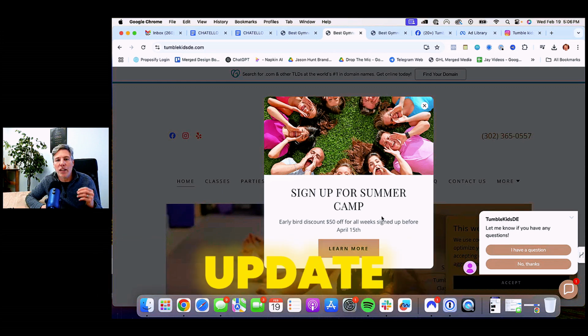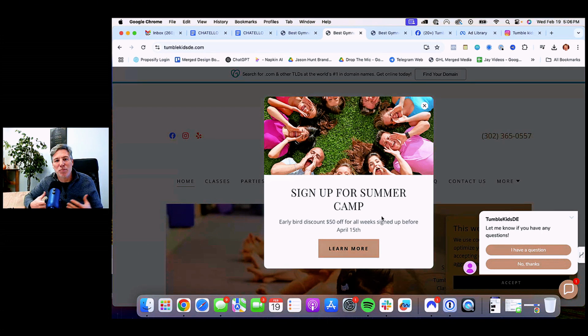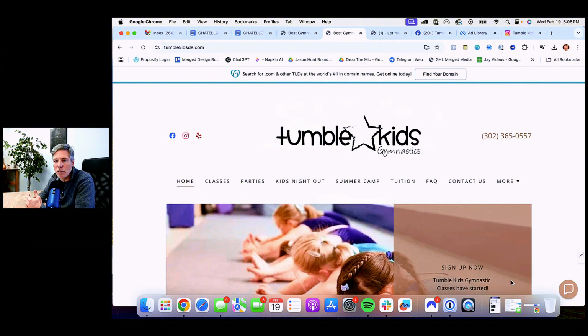There was a Google update that happened years back that actually sort of penalized sites that had intrusive pop-ups because it did not enhance the user experience, right? So that's what you always got to think about with your website: how can I make this journey from browser to customer or client as easy and frictionless as possible. These intrusive pop-ups are a lot of friction. Let me know if you have any questions. I have a question. No thanks. Okay, so it's even prompting me to have to exit out of this chat by saying no thanks, and then it disappears. So a lot of clicks happening here before I even can look into what Tumble Kids has to